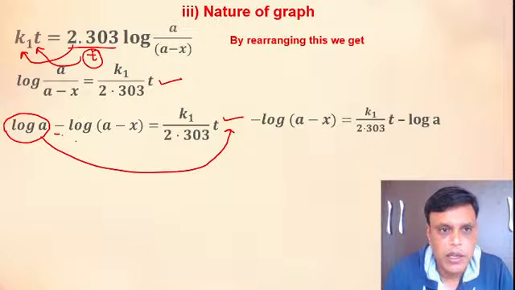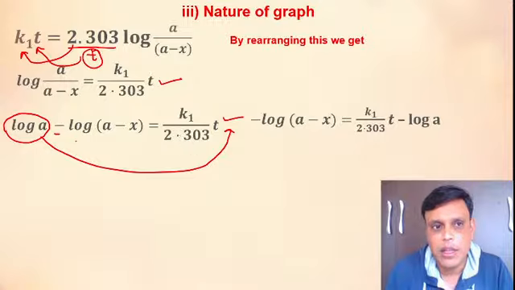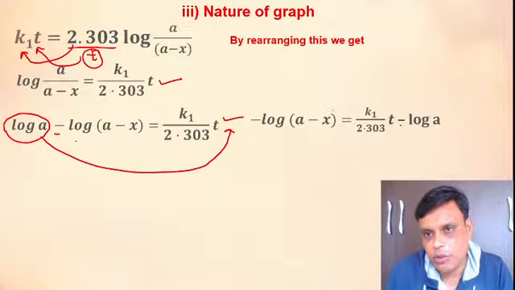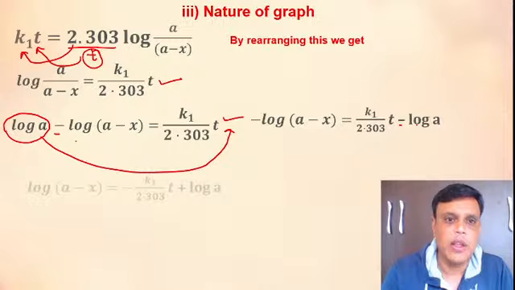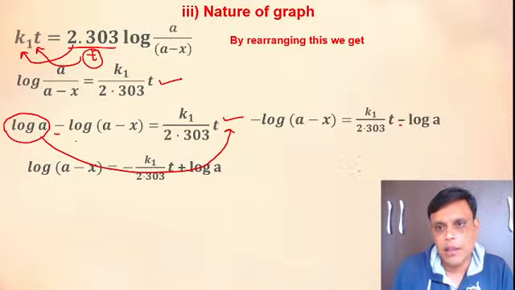So what will happen? क्या रह जाएगा यहाँ पे? माइनस लॉग a माइनस x इज इक्वल टू k1 2.303 t. ये यहाँ पे इधर क्या था? प्लस था. इधर आके क्या हो जाएगा? नेगेटिव हो जाएगा. सो नेगेटिव लॉग a. ठीक है. Then we will multiply this equation